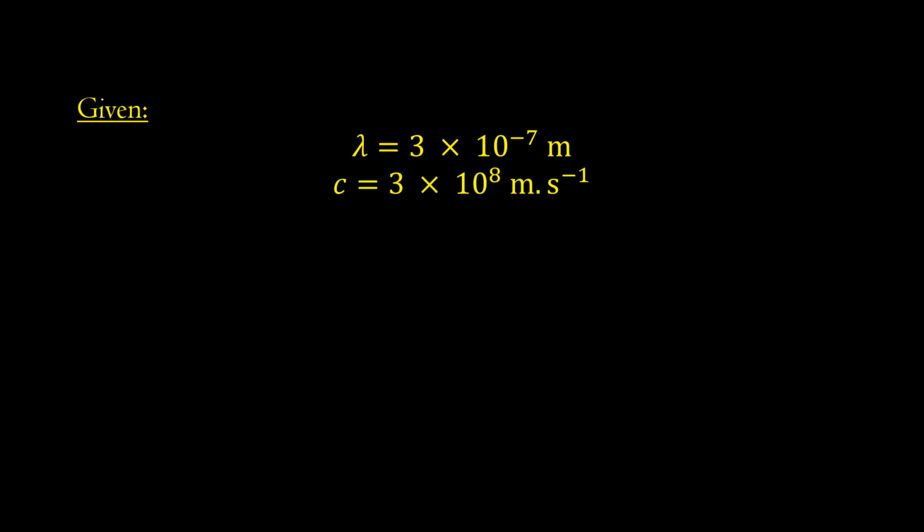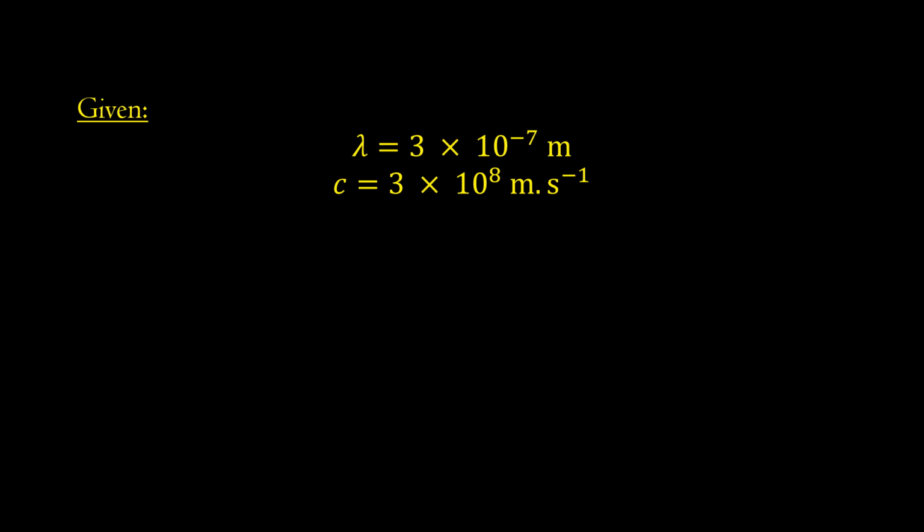To calculate, we need to first figure out the quantities that we are given, that we know the values of. From the table, we know that the wavelength value is 3 multiplied by 10 raised to the power of minus 7 meters. The speed of electromagnetic radiation in vacuum is a constant c with a value of 3 multiplied by